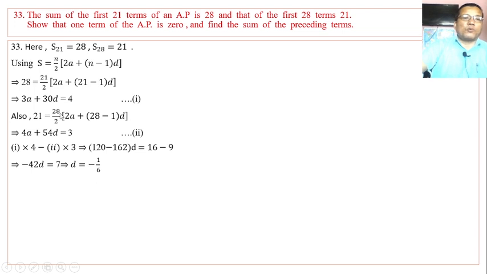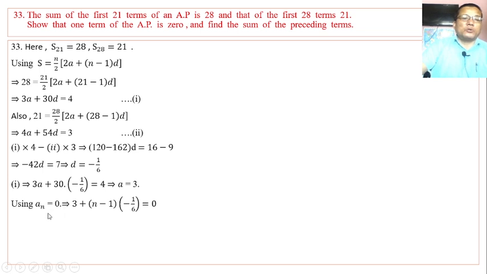Putting the value of D into equation 1 or 2, the value of D is minus 1 by 6. Then the value of A is 3. Now that we have A and D, using the nth term equal to 0,